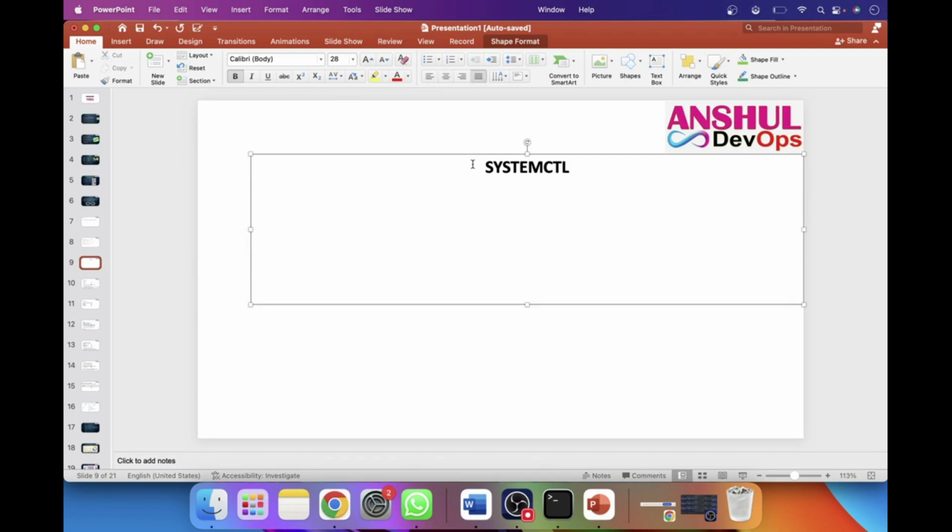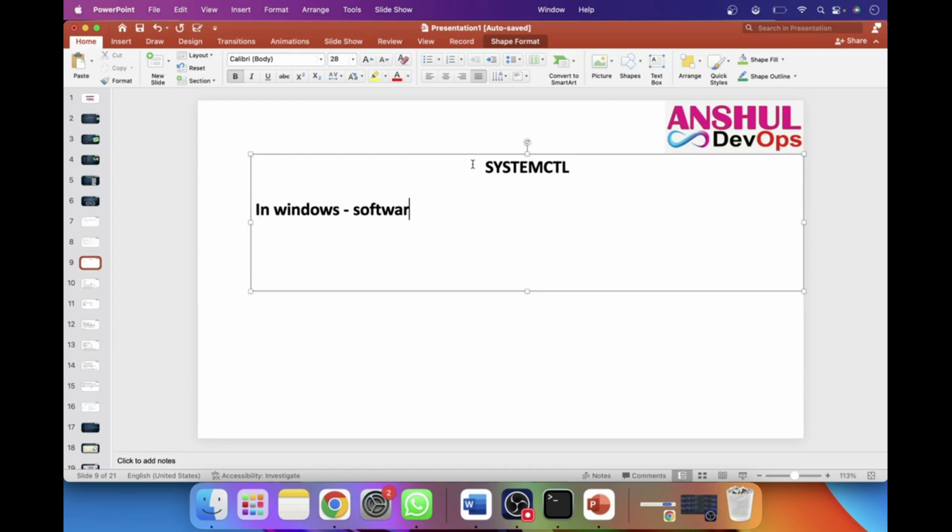So in Windows, we have software, and software has a .exe file, right? You already know what an exe file is; I don't need to explain it. Whenever you have a .exe file, you double click on it, and then the software is installed in your Windows system. The same way in Linux,